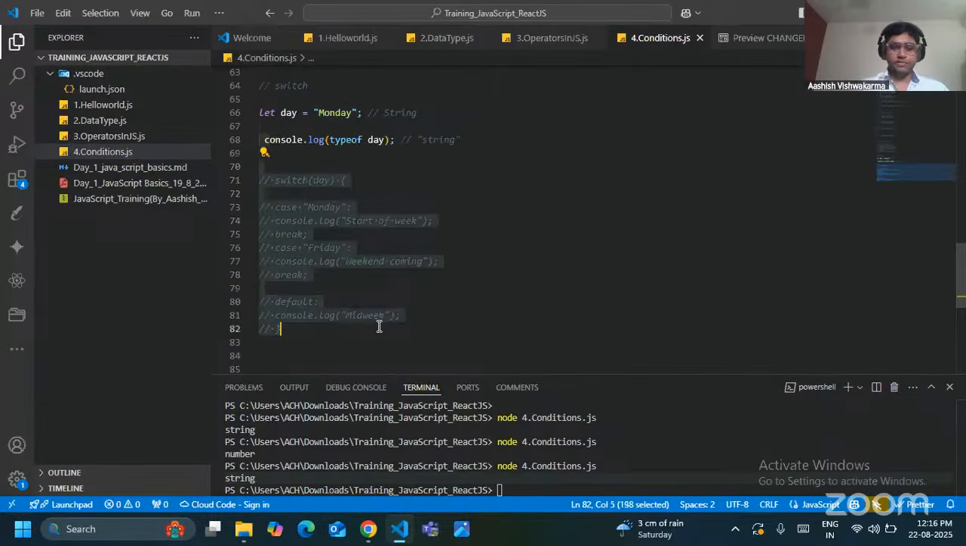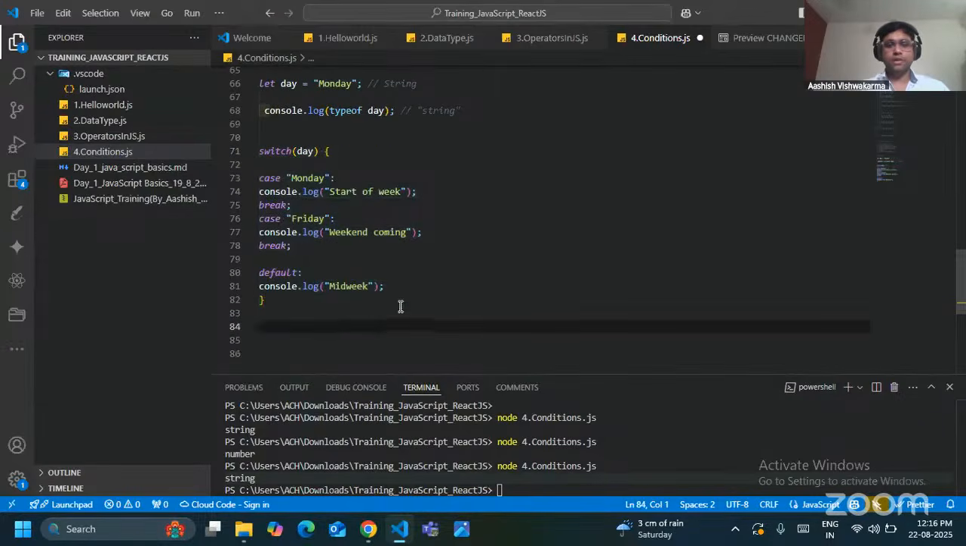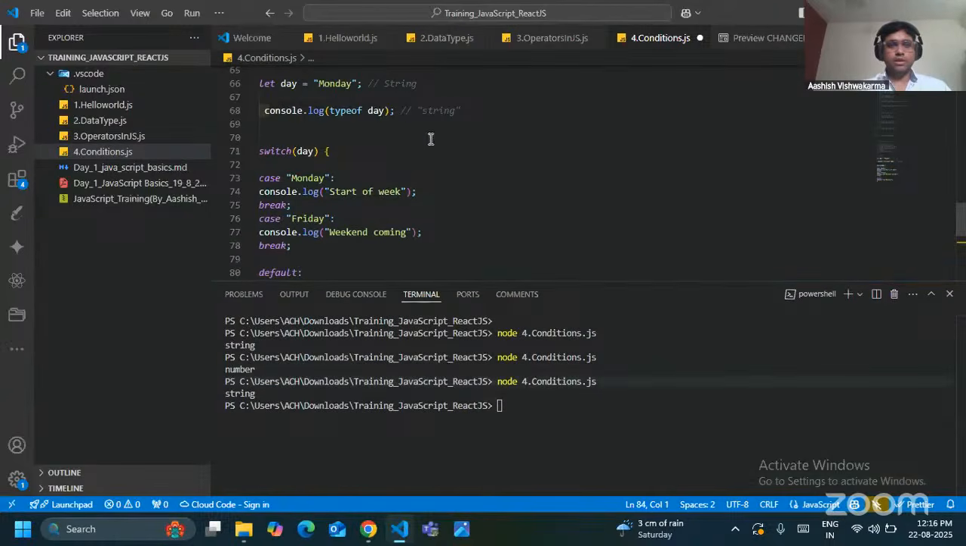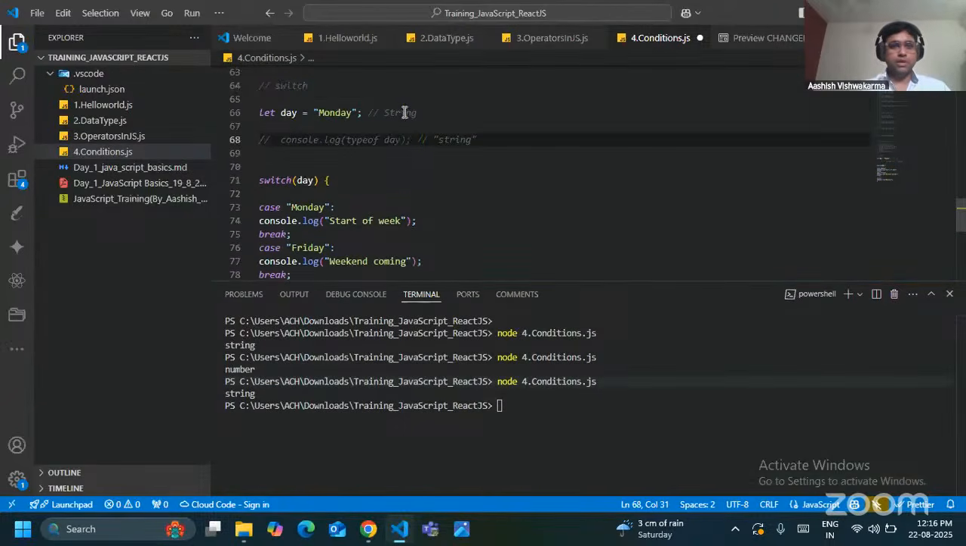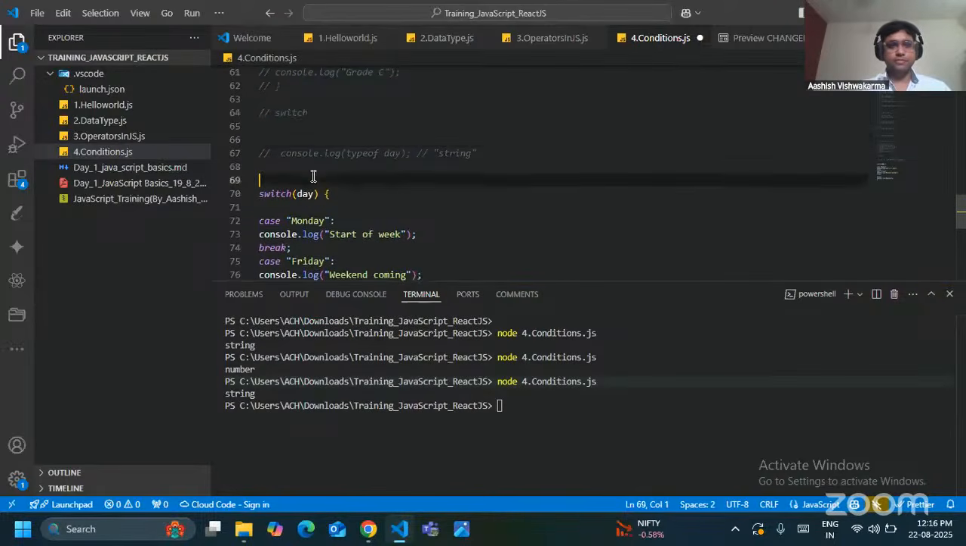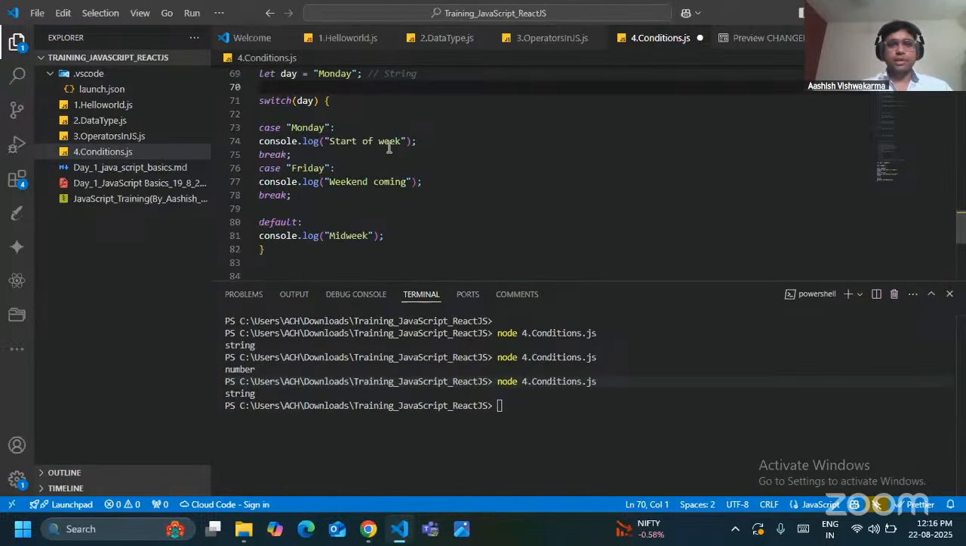I have taken a simple code as an example. Let me comment this out again. The syntax of switch case should be written with one condition, so we just need to write the keyword. You can see whatever